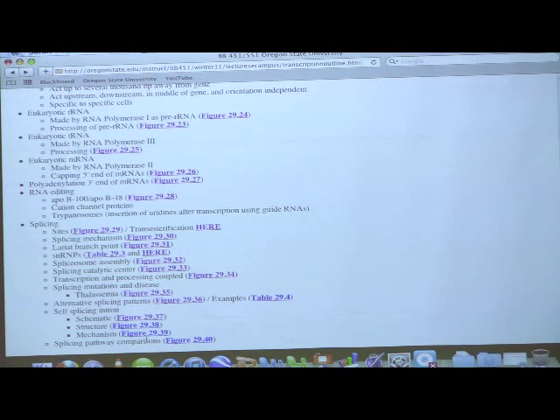The two examples that are known in prokaryotic systems are self-splicing RNAs, and they're associated with a bacteriophage. There may be other examples out there. We haven't studied every possible gene in the prokaryotic world, but only two are known. Every other one is in a eukaryote. Okay, that's the last I want to say about RNAs.